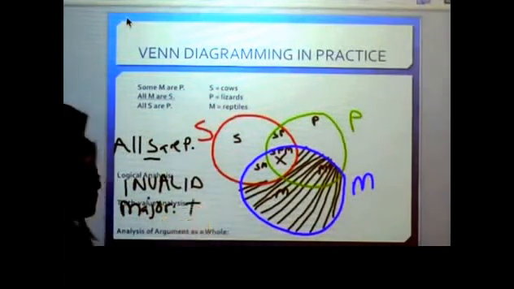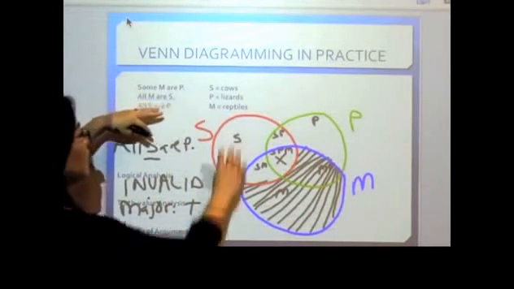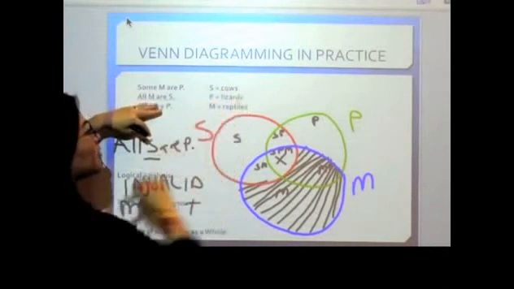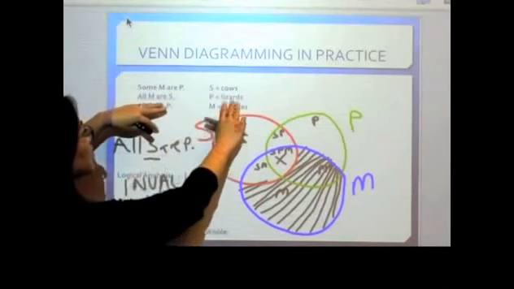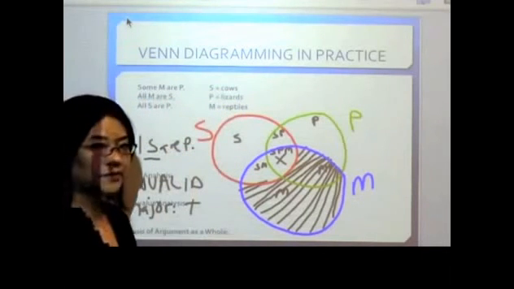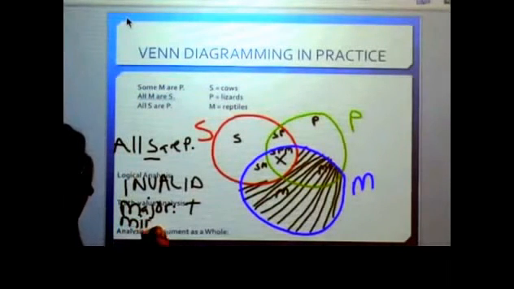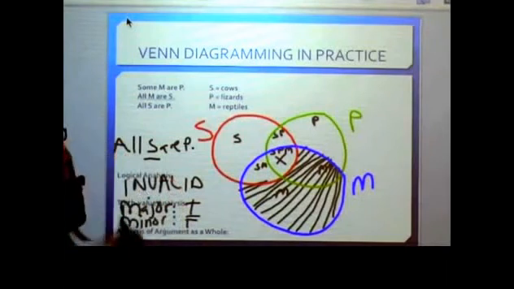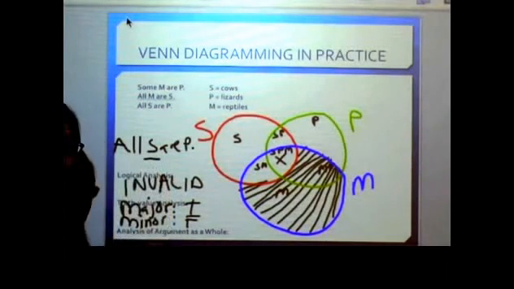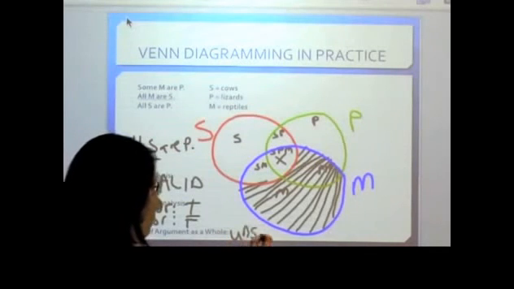is actually true, okay? And then our minor premise, all M are S. So M stands for reptiles and S stands for cows, okay? Our minor premise then says all reptiles are cows, and this is actually false, okay? It's not the case that all reptiles are cows. So our minor premise is false, okay? Now, when we look at the argument as a whole then, bringing together truth value analysis and logical analysis, this is going to be an unsound argument,